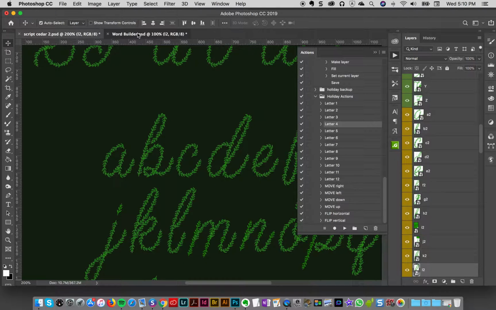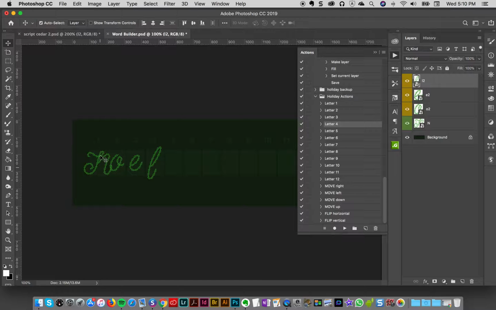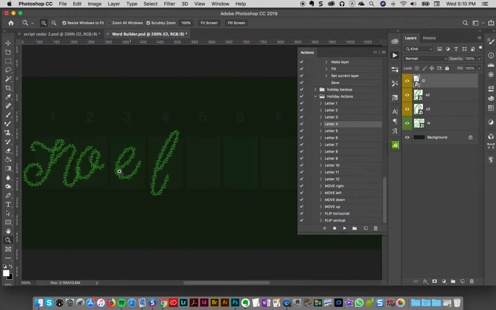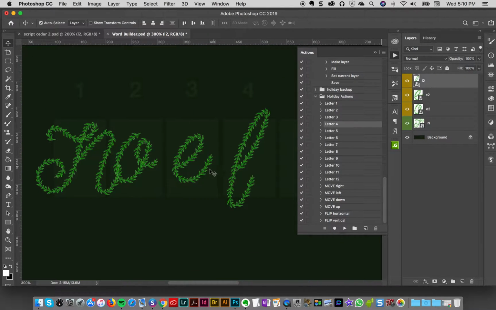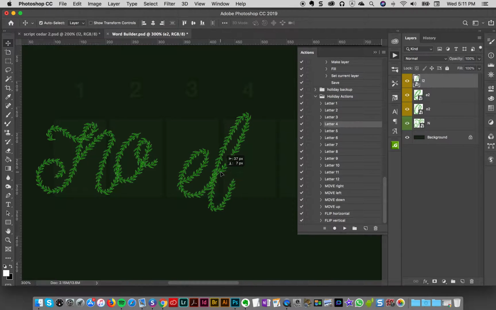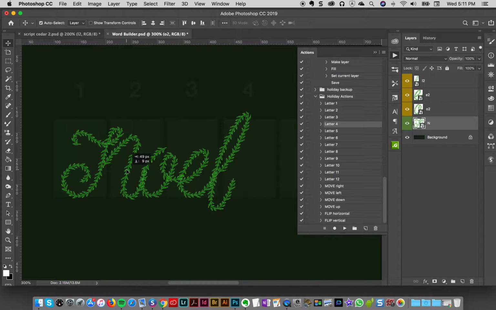Now what we can do is go over into the word builder, and it's put each letter into the relative place. So this makes it actually quite faster for you to line up the words. So now I'm just going to take these layers here and use these guides to line everything up perfectly. But it does really help me in terms of time by using the word builder, especially on the longer words. So now I've created this word, now I'm good to go. Now I can just select these